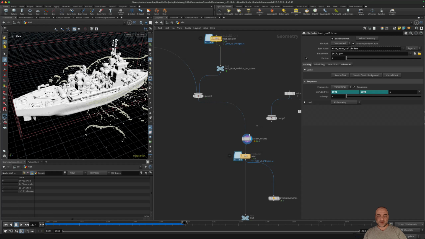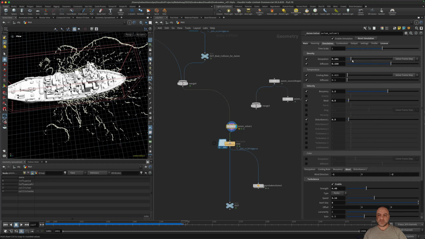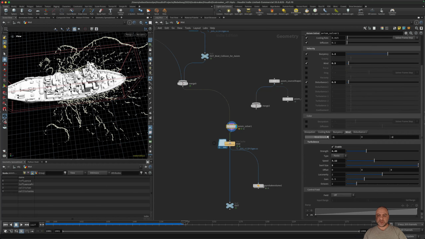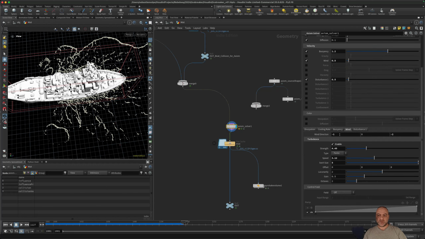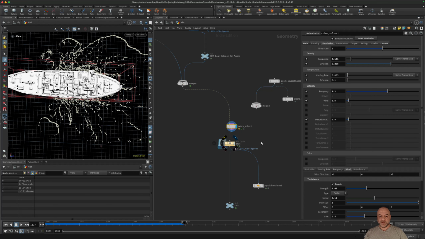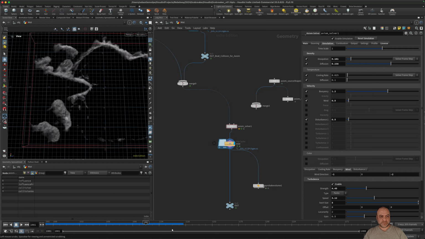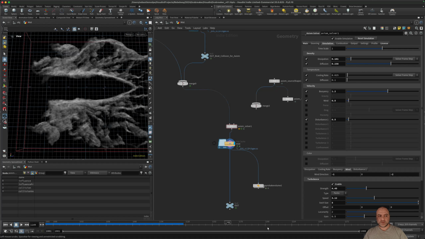Now the Axiom solver. I just change here some settings: dissipation, diffusion, low wind, same direction to this side, and we get this. All works.